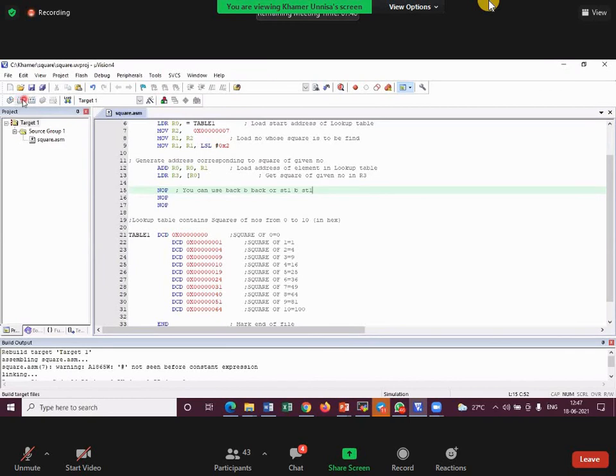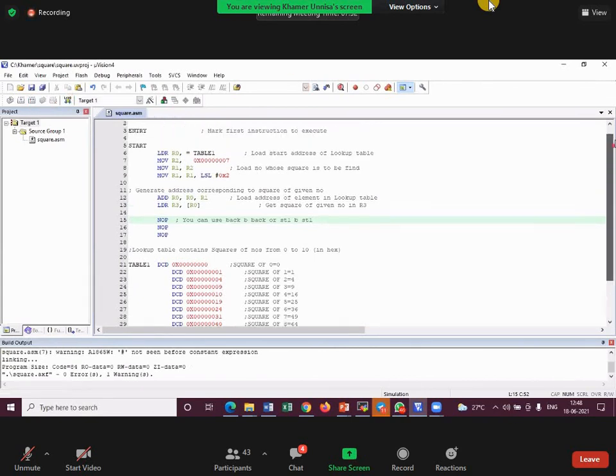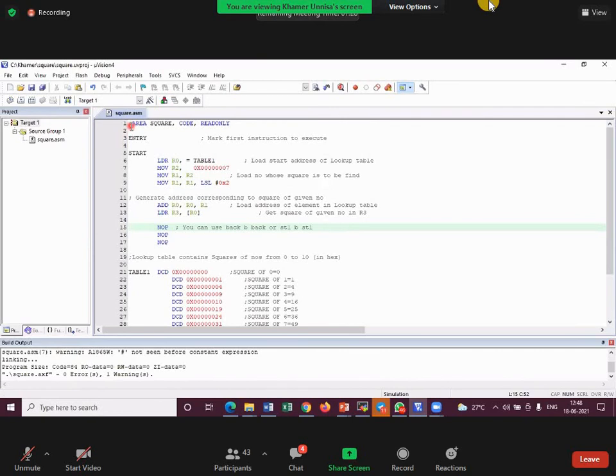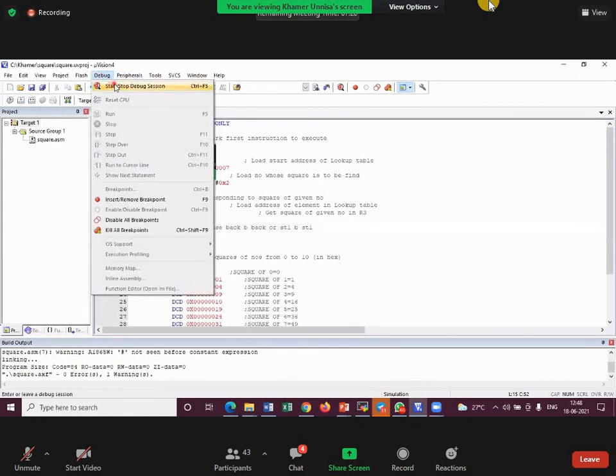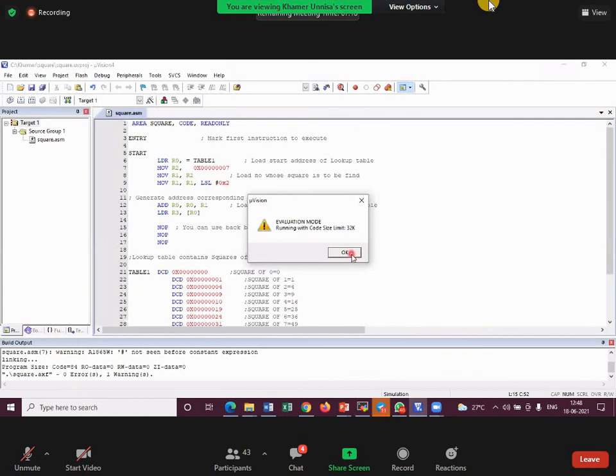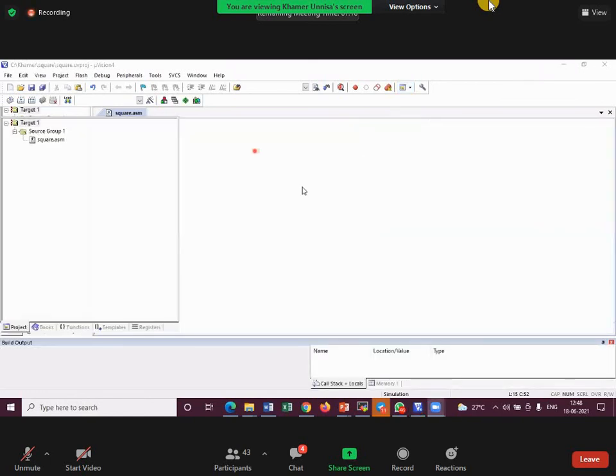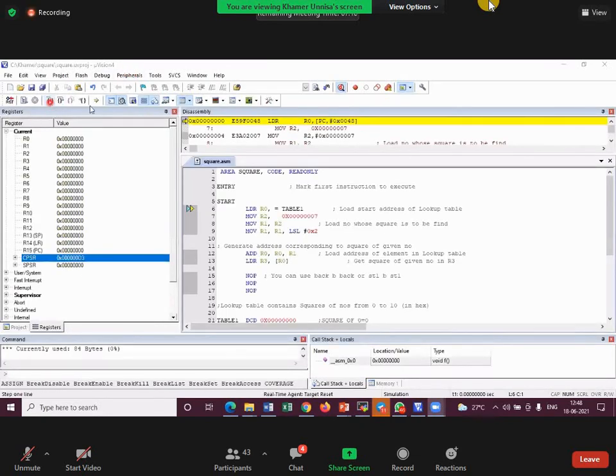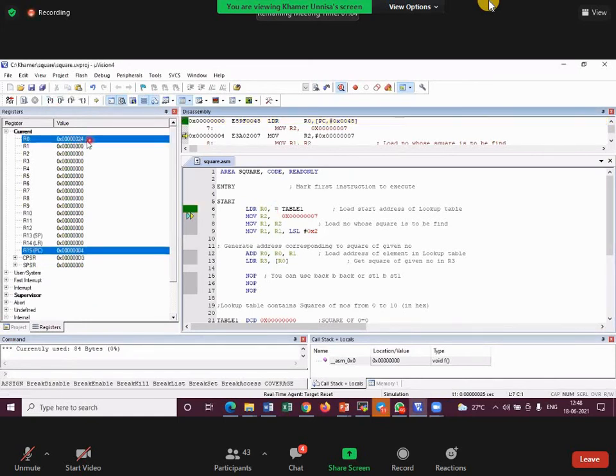So if I build over here, I'll get 0 errors. Rebuild over here, again 0 errors. I hope you all know, if you get the error, just make sure that you give a one tab space for area. Okay. Next, let me go with the debug. Now, step by step, we will see the pointer is pointing to the first point. So loading R0. So R0 will be loaded with the starting address of the table 1, which is 24.